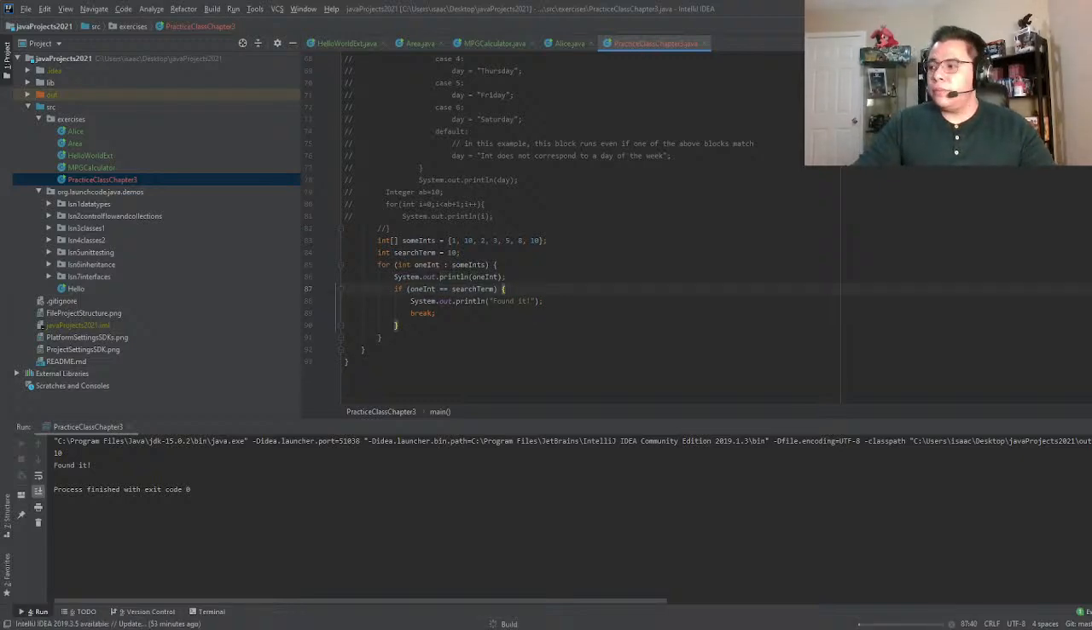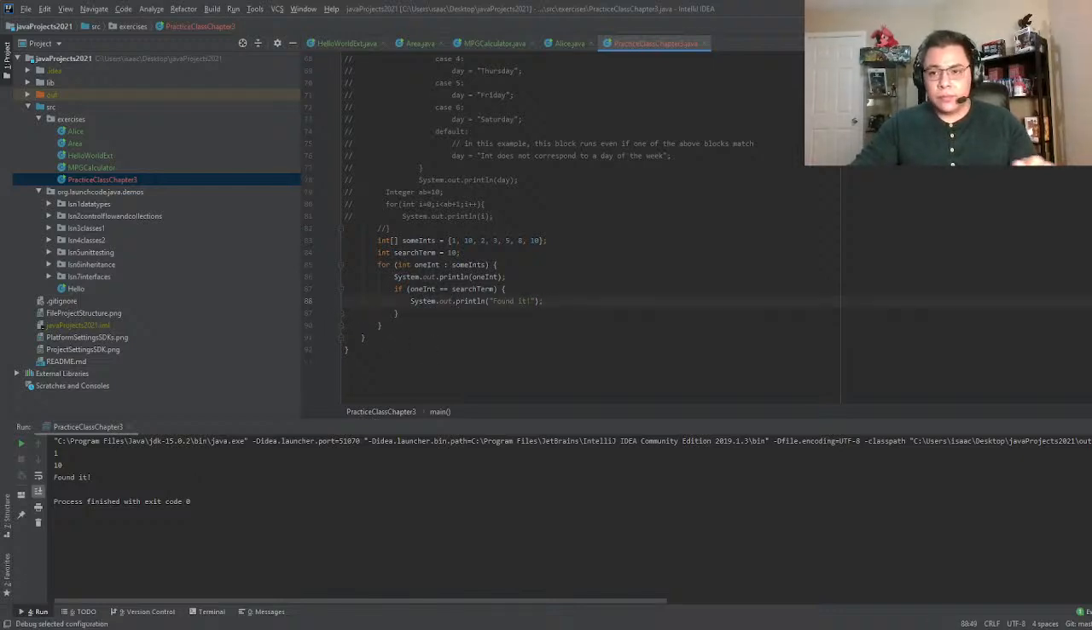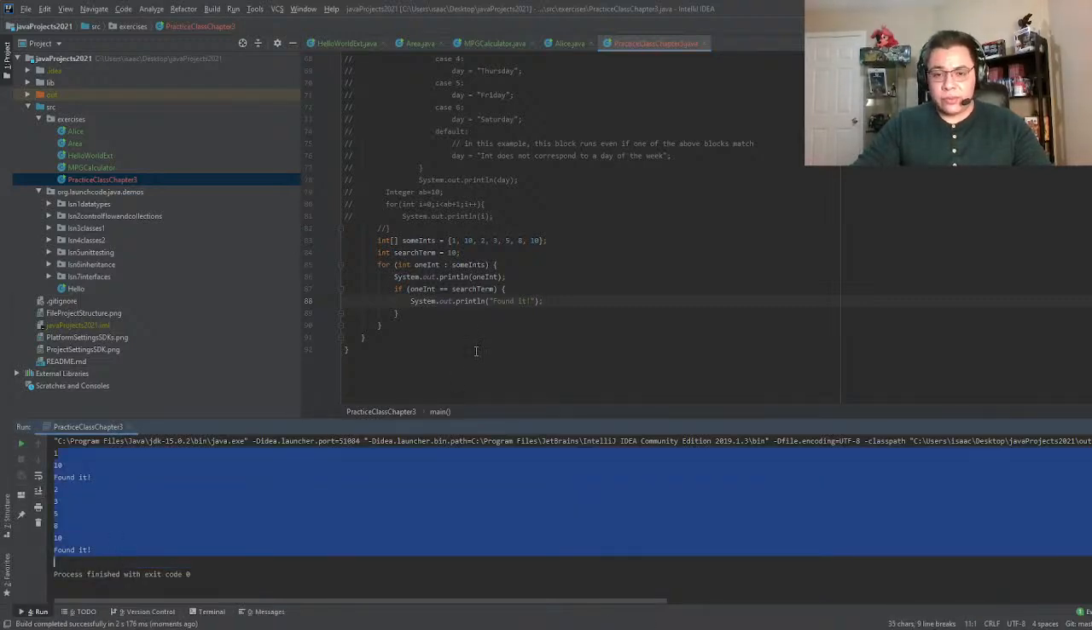Okay, and run it. Okay, so here we printed out 1, 10, and found it. If we remove the break, we actually go through the entire array for when we found it. Now let's leave the break in,